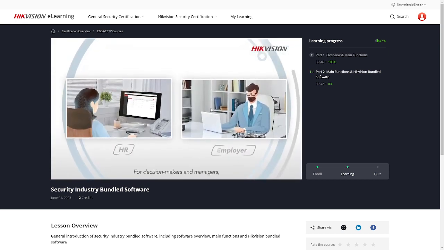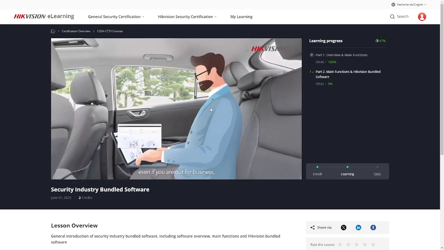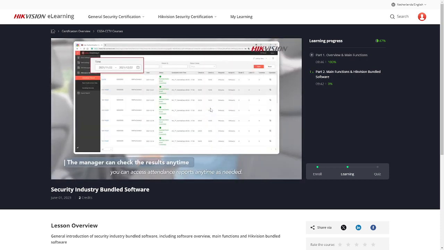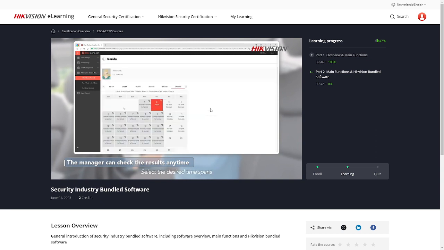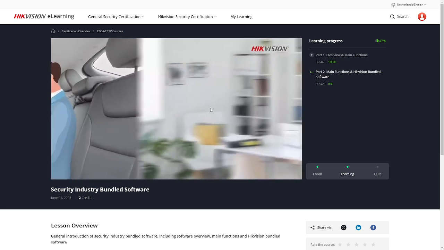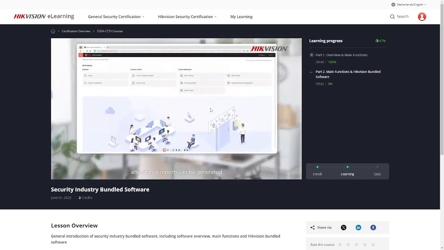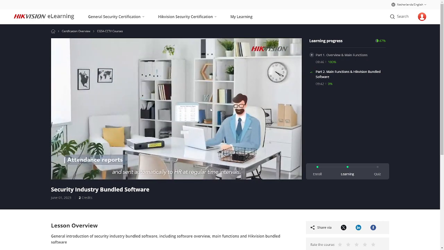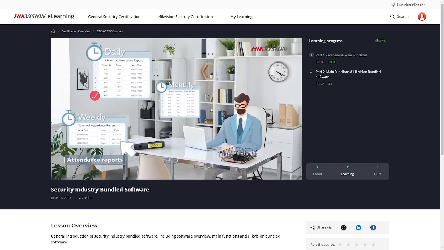For decision makers and managers, even if you are out for business, you can access attendance reports anytime as needed. Select the desired time spans and then easily read through the report with its clear presentation. Of course, attendance reports can be generated and sent automatically to HR at regular time intervals.